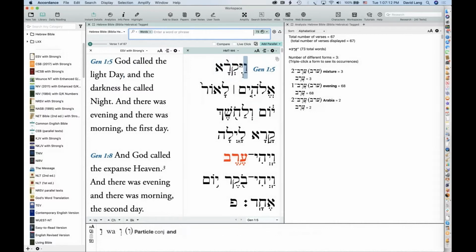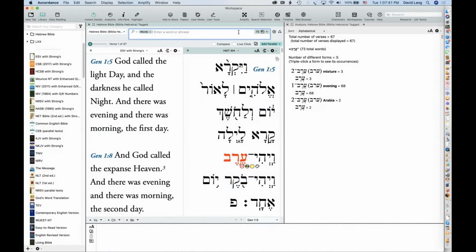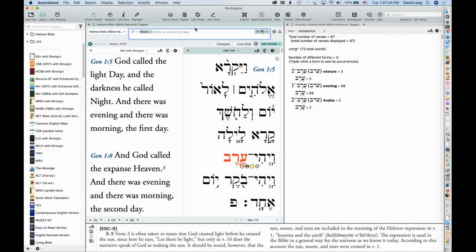So one other thing that I want you to be aware of with Hebrew and with searching Hebrew, one of the temptations that you'll have, when you see a Hebrew phrase, let's do Vayhi Boker. I'm just going to select this Hebrew phrase and copy it. I want to find this Hebrew phrase. The temptation is to copy it and then go up into the search bar and paste it in.